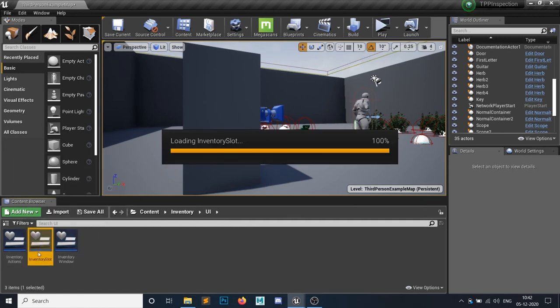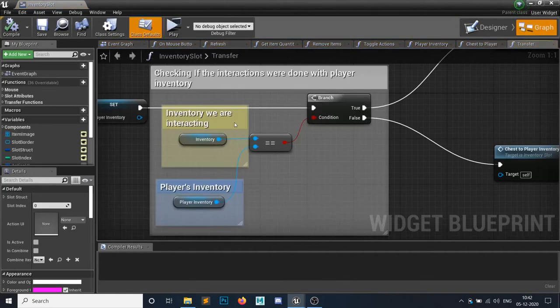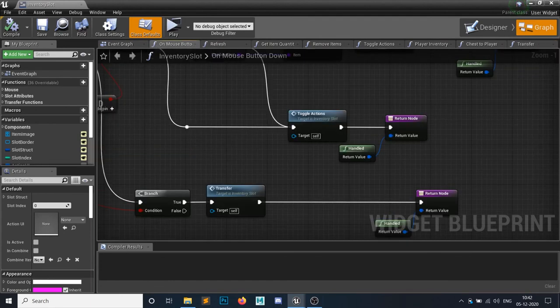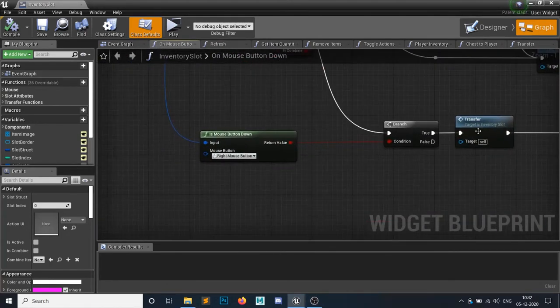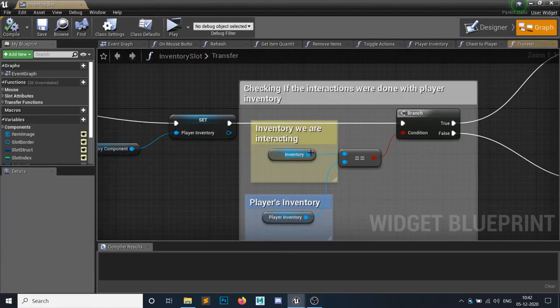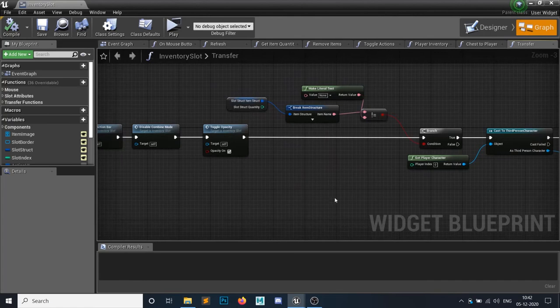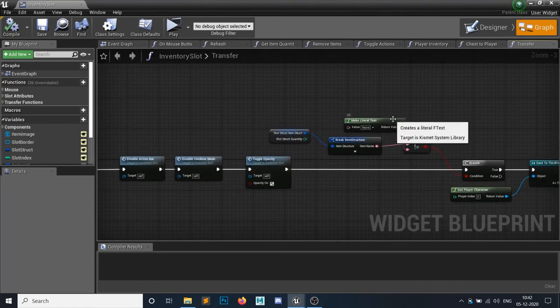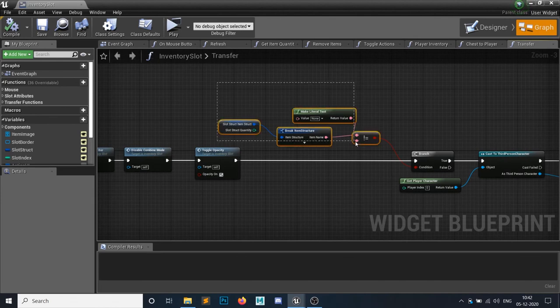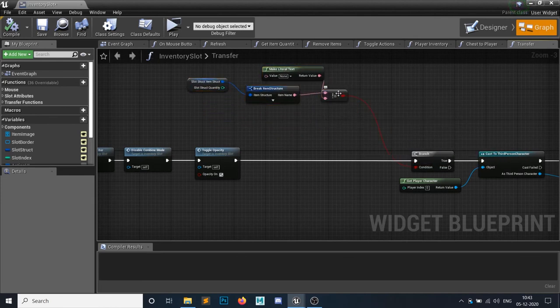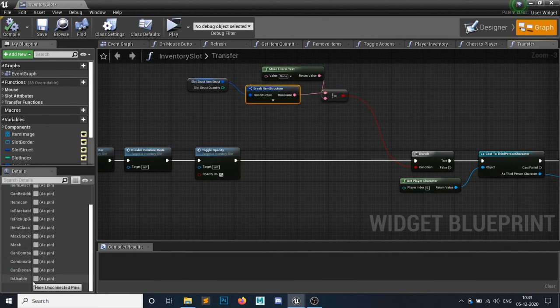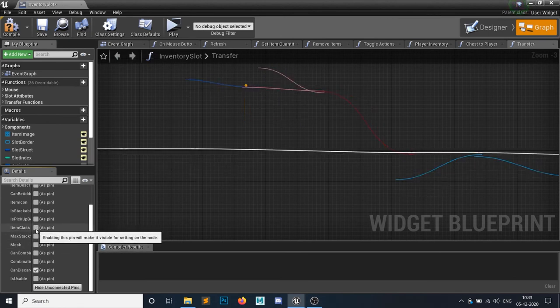So in the inventory slot, if you remember, whenever I right click, I'm calling out the transfer function, right? And in the transfer function, we were checking if the item is not null, then we will transfer. Let's check another one. If an item is not null, and if the can discard, I need that pin, so I have simply clicked on it. If you need any of these pins, you can simply click on this, and it will add. But I only need the name and the discard.